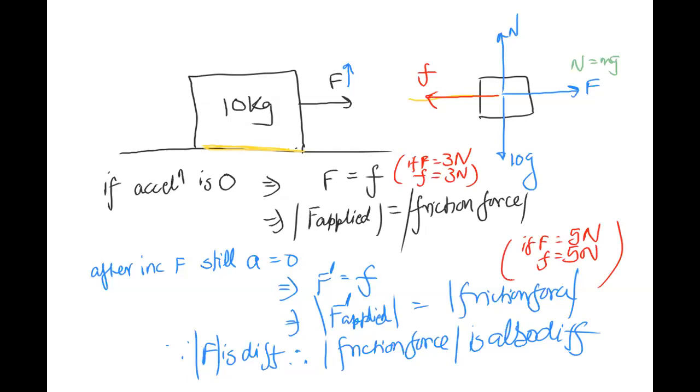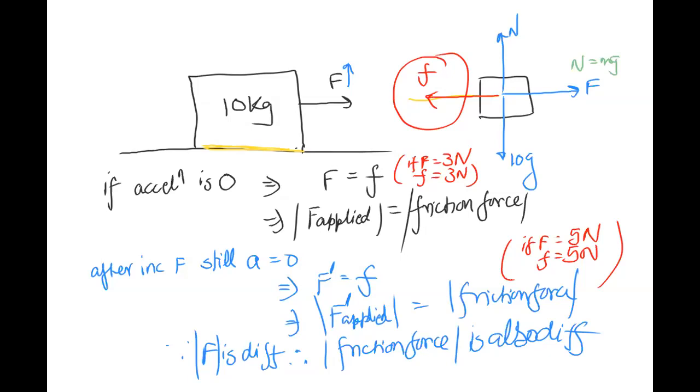It is extremely dynamic. नहीं, माइनस नहीं लगेगा क्योंकि मैंने ऑलरेडी एरो बना के रखा है फ्रिक्शन, और मैं मैग्नीट्यूड की बात कर रहा हूँ सिर्फ यहाँ। तो फ्रिक्शन इज ए डायनामिक ऑब्जेक्ट, फ्रिक्शन का मैग्नीट्यूड फिक्स्ड नहीं है।